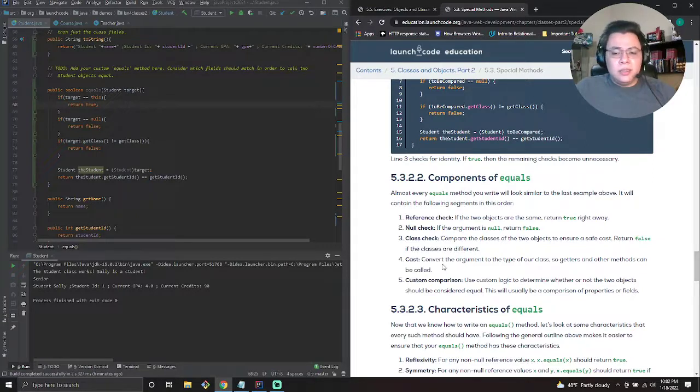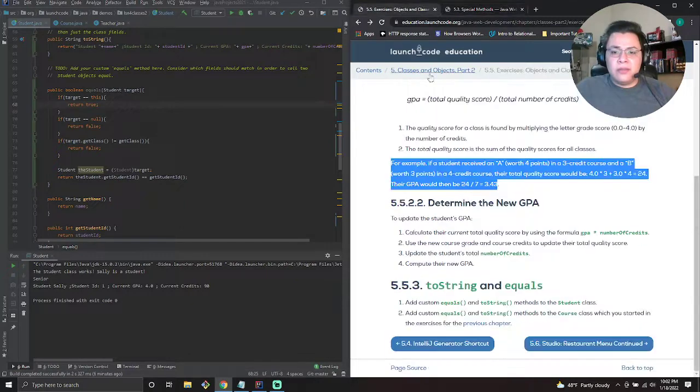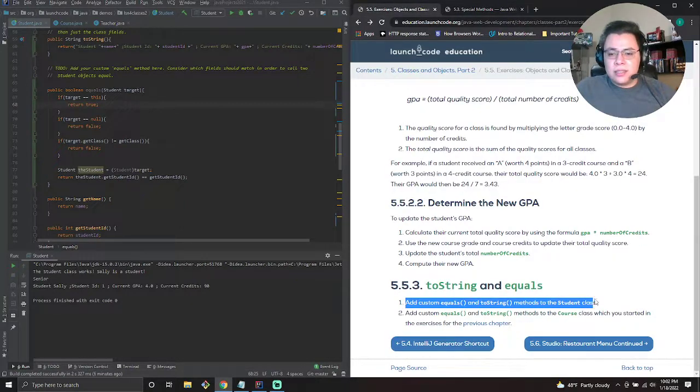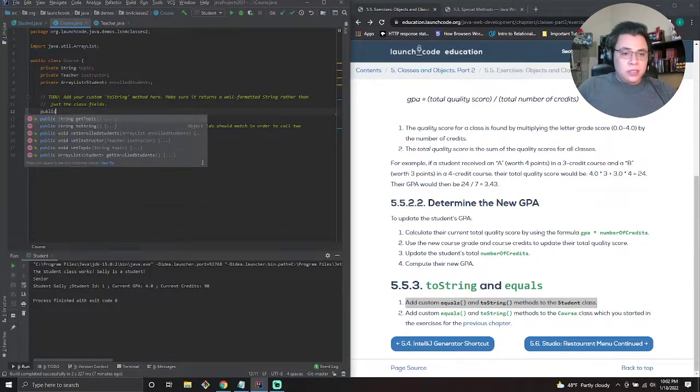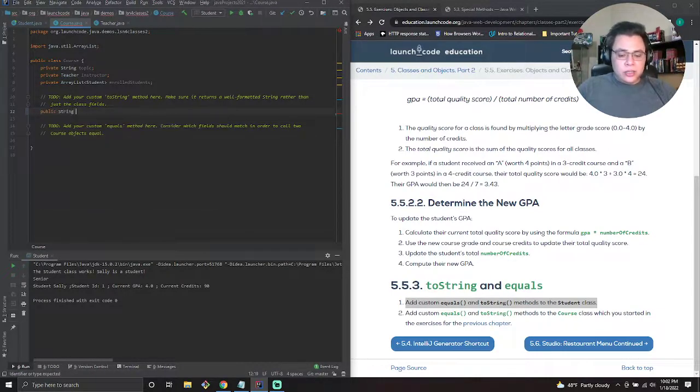Okay. Let's go ahead and continue. So that actually knocks out the very first piece, which is add custom equals and toString methods to the student class. Let's go ahead and do it to the course class as well. And the course class is up here. So the toString method, we can actually do public string toString, and we're just gonna return